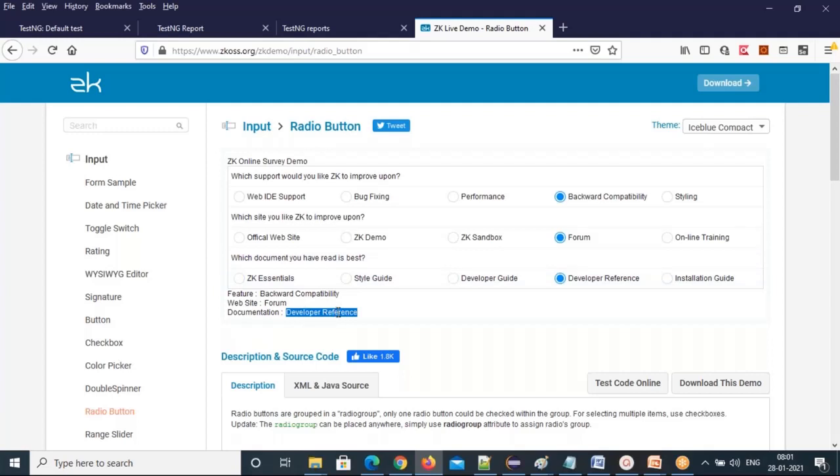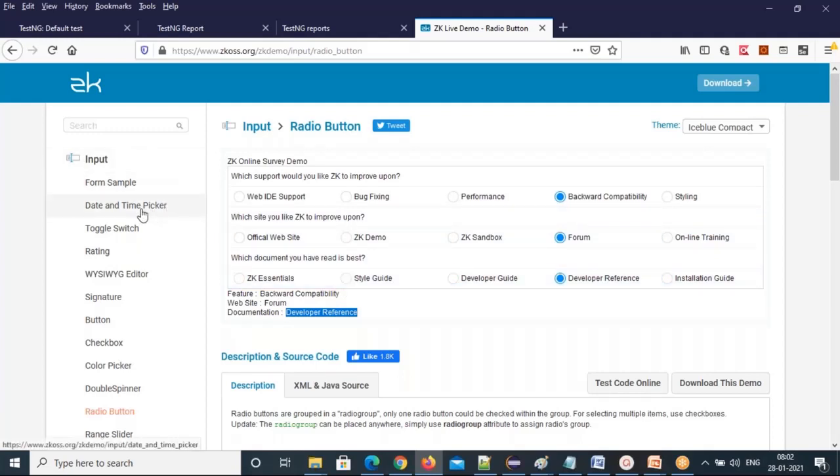So only XPaths will help you here. No other context will help you. No other locators will help you. Only XPaths will help you. Okay, so that is the one I'm going to use here. These are the four test cases we are going to write.